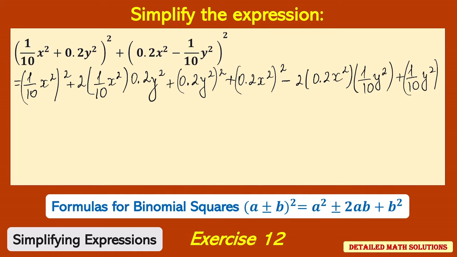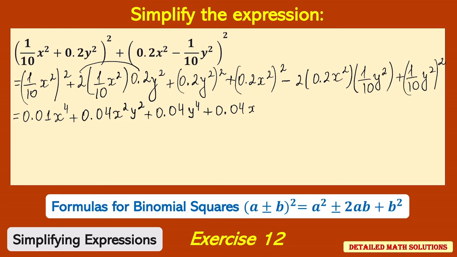squared) squared. When I simplify further, I get 1/10 squared, or 1 over 100, which is 0.01 x to the fourth power, plus I have 2 times 0.2, which is 0.4, divided by 10 is 0.04 x squared y squared, plus 0.04 y to the fourth power, plus